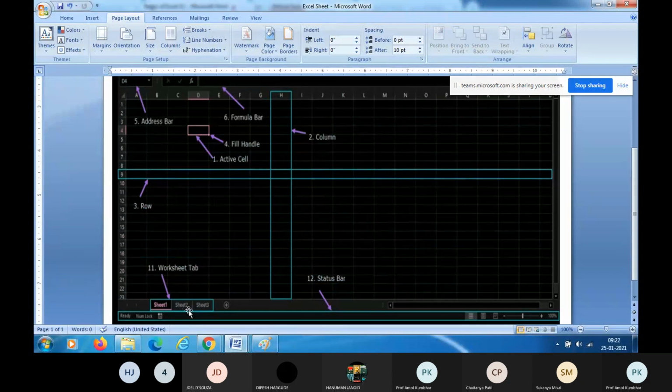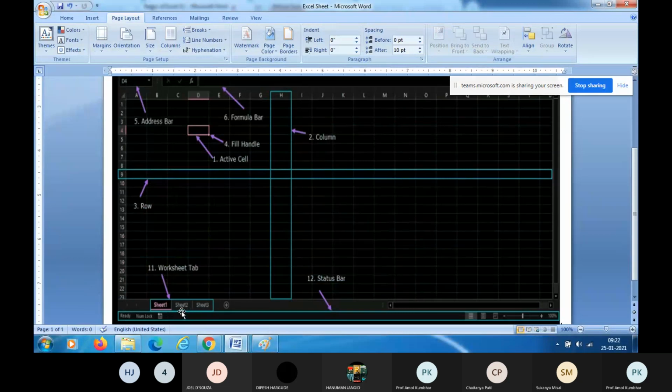You can also delete the worksheets. You can also rename this sheet. Instead of sheet 1, I can write SYBSC physics trigonometric functions, right? Sheet number 1 can be renamed, sheet number 2 can be renamed, sheet number 3 can be renamed.